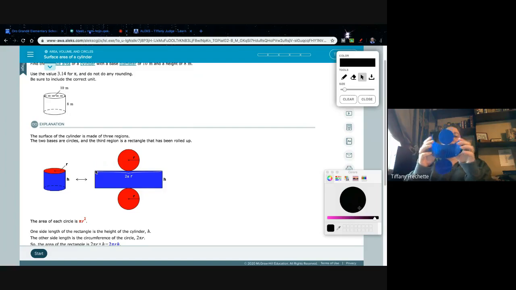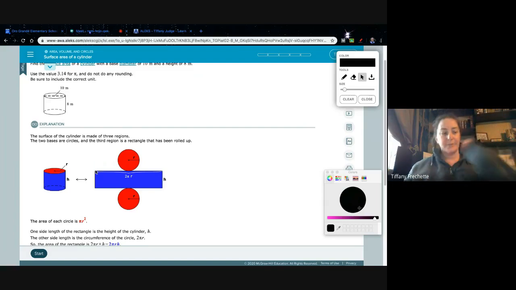So if I put this back together, the length of my rectangle is actually the circumference of my circle top, or my circle base, whichever one you're looking at. And then the height, or the width for the rectangle, is the side or the height of the cylinder itself. So we're going to need to do circumference also. So I always wanted to take that one out there so you can kind of see the physical way that